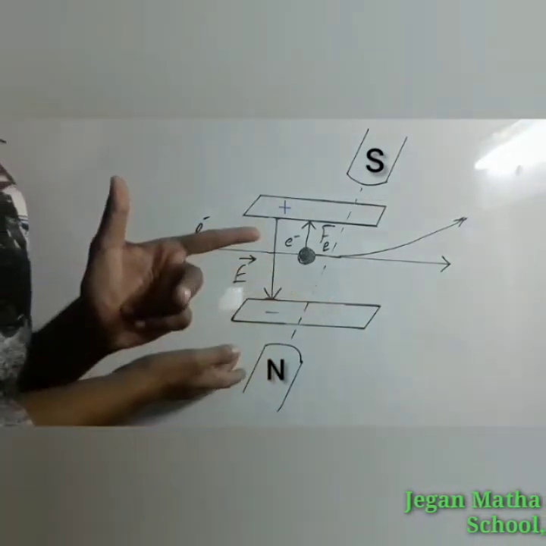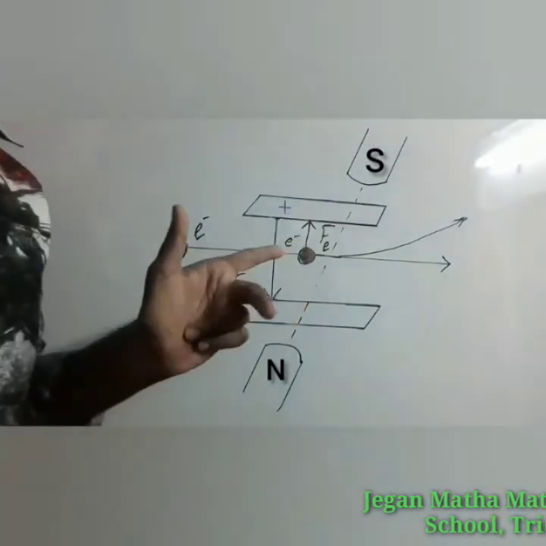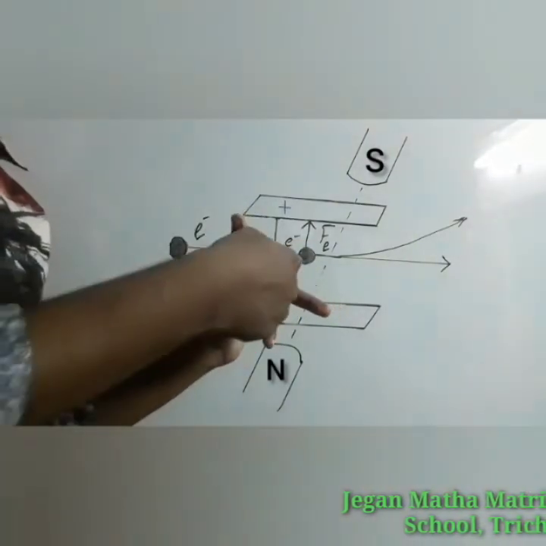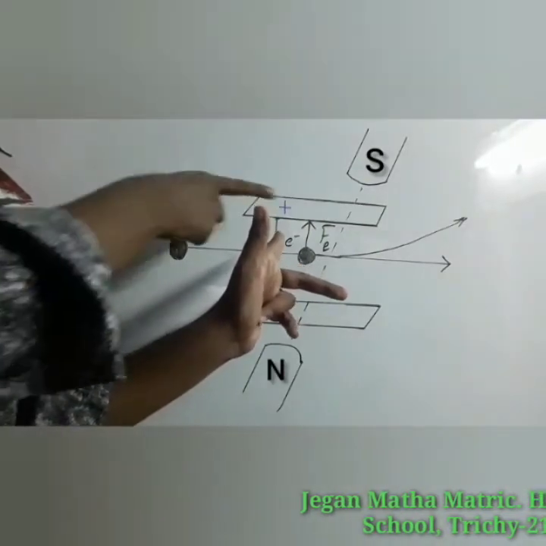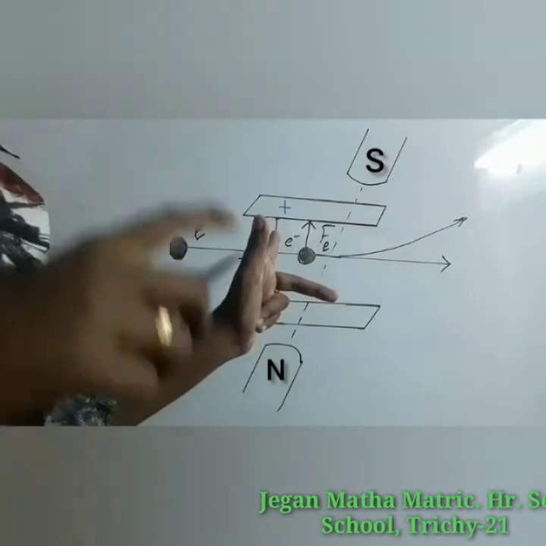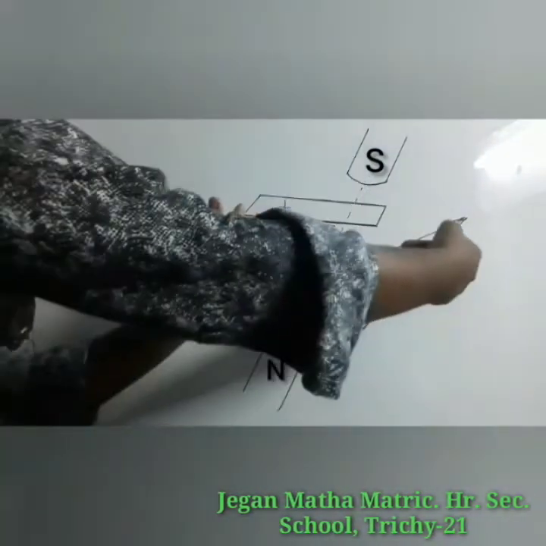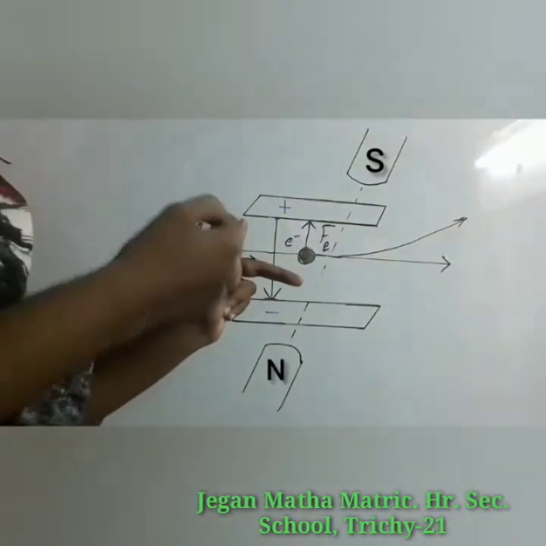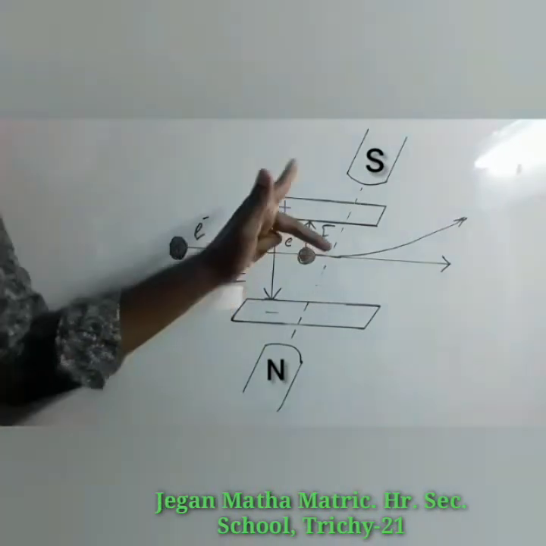Here we have the north pole and the south pole. I have told you already, the magnetic field acts into the board. So you have to show your forefinger like this, into the board. Here the electron is moving towards the right side, but we have learned the conventional current is always opposite to the direction of the electrons. So the current will go in this direction, towards the left side, opposite to the electron. So this shows the direction of current, which is in the opposite direction.